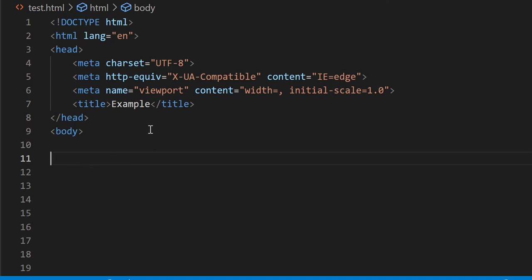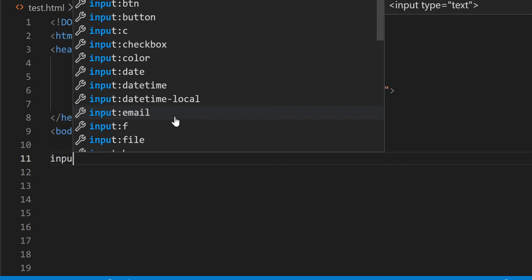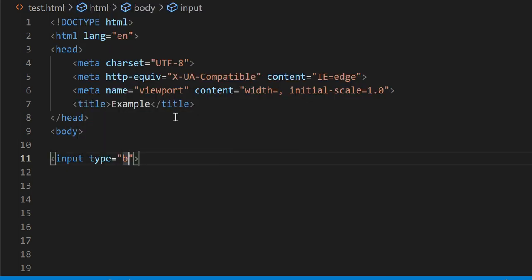So here's just a regular HTML page, and maybe you might want to put a button. So let's say input button, and let's just give it a value of button. Okay, so now that we have our button, the next thing we want to do, well, let's just have our